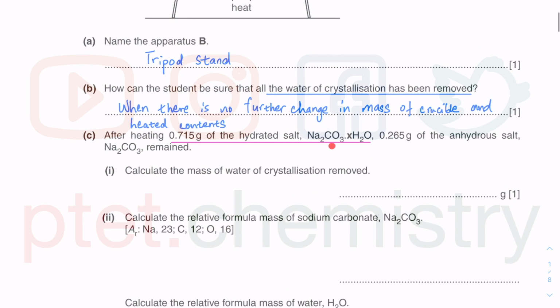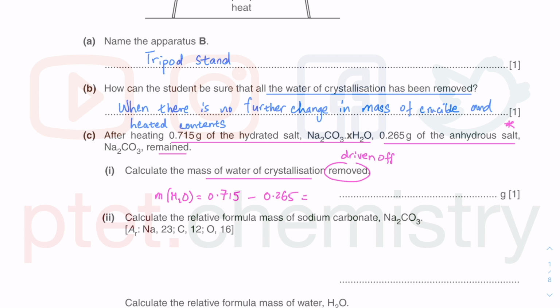They have obviously taken away the mass of the crucible. It is actually an important mass that you have to record as you do this experiment, which is the mass of the empty crucible. But anyway, this is the mass of this hydrated solid. You still have this 0.265 of this anhydrous salt that remains. So how much water has been driven out, removed, or driven off? So the mass of H2O is going to be the difference between the hydrated salt minus the anhydrous salt. You're going to get